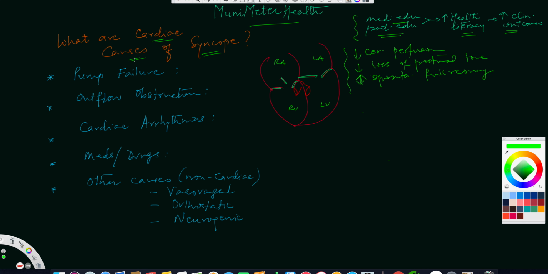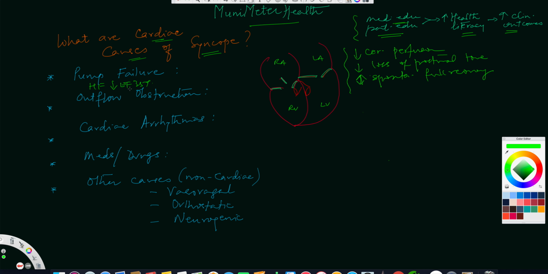Now, cardiac causes, I've tried to summarize them into these four or five outlines here. A pump failure, let's discuss that first. There we consider heart failure, like if you have an ejection fraction which is markedly low, we're talking about an ejection fraction less than 35%. For that, I refer you to my heart failure slides and videos, but the point I'm making is that, for the sake of the students, ejection fraction is a marker of heart failure. Normal ejection fraction is 55% and over. When we are talking about 35%, we're talking about severe heart failure.